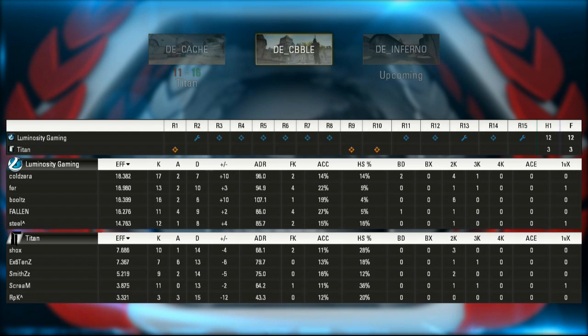Pistol going to mean everything for Titan going to this one, more than ever. It's going to be difficult for them to close this one out in this series on the second map with this current scoreline, but definitely not over yet. If they do find the pistol and at least get it to 12-6, they have a fighting chance on the CT side of Cobble. Yeah, absolutely. Cold also won 4